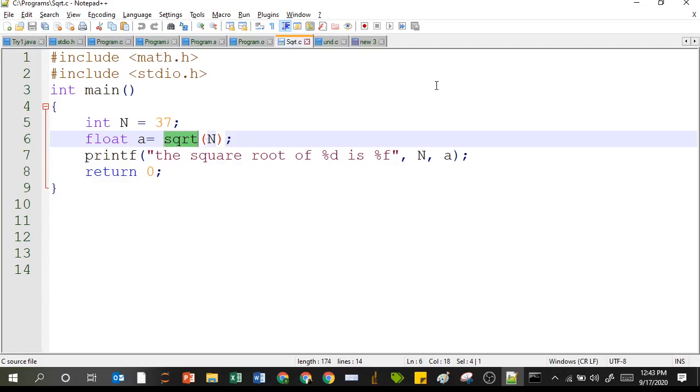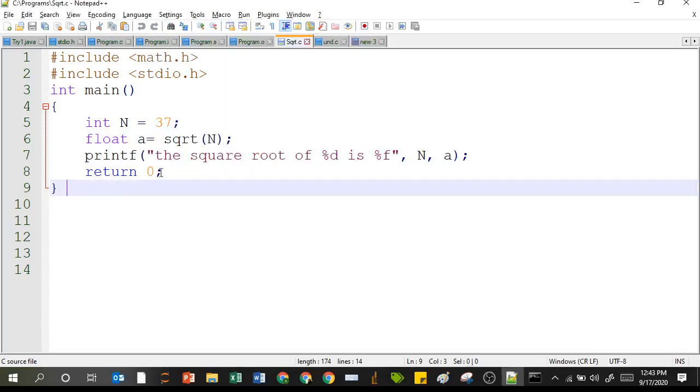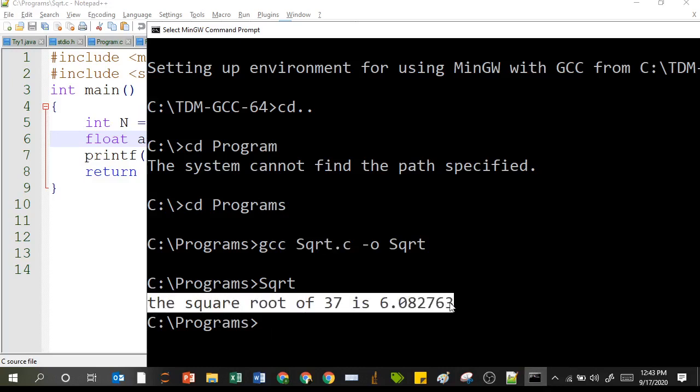All right, now what does the linker do? The linker is a program that will take our code, that is sqrt.c. This is our code. It is going to combine our code with the other object files. For example, if I talk about sqrt, the code for sqrt is written in a separate file. This linker links that file and our file together, and it will produce an executable code. Finally, your program will be able to combine and will give you the result.